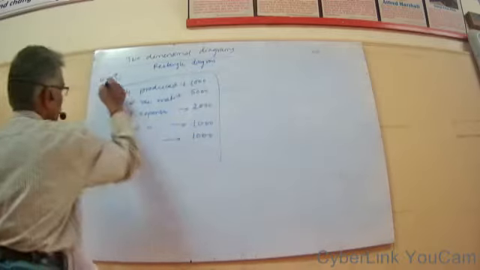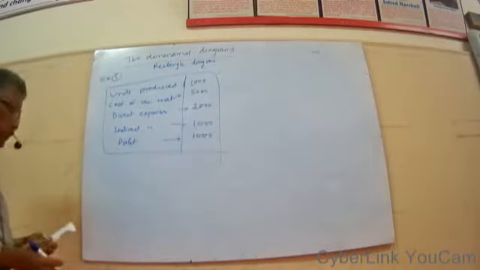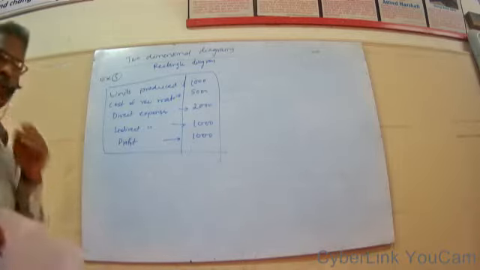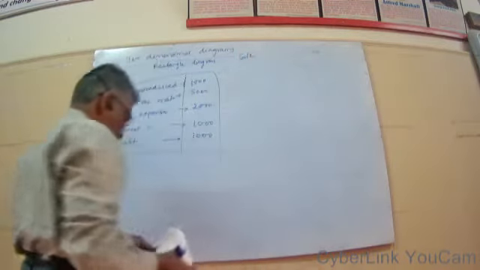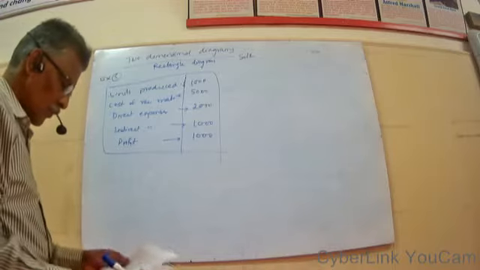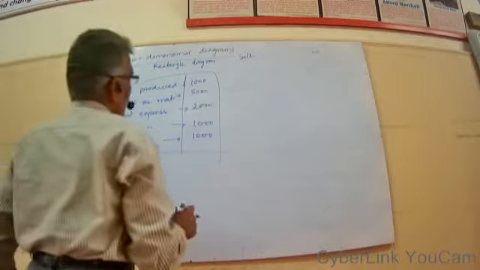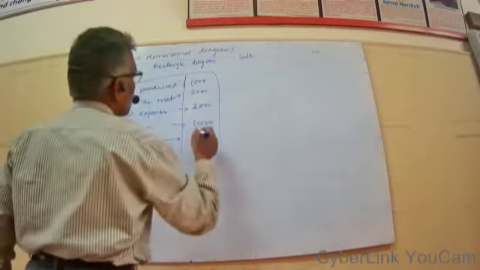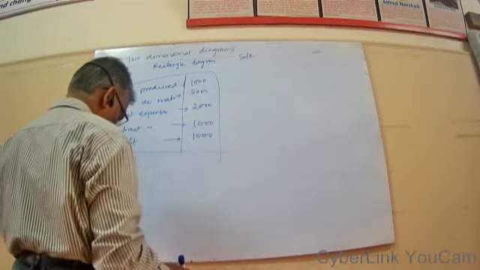We have to draw a rectangular bar diagram. This is the question. For this you have to make some modification. First find the total, according to the area, total area. So this total is 5000.